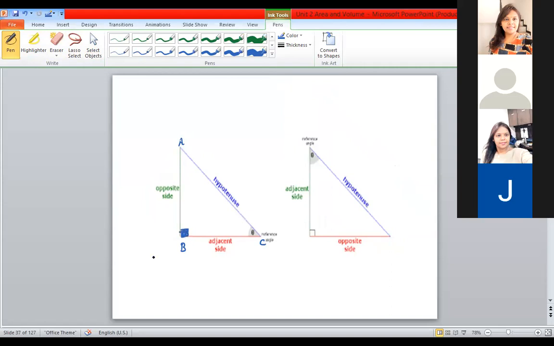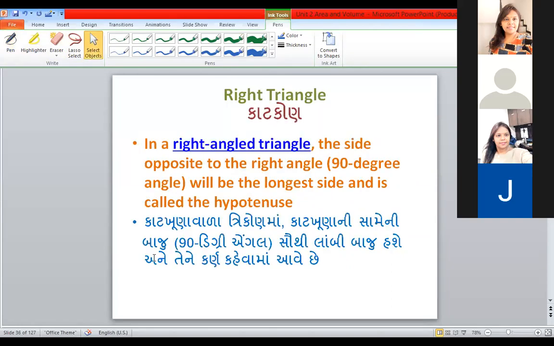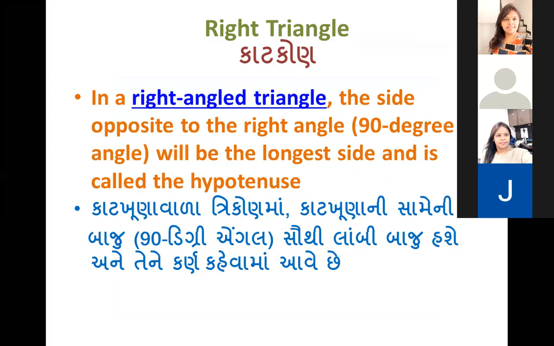So remember this property. 90 નો જે ખૂણો બનાવતી હોય એની સામેની જે પણ બાજુ હોય એ હંમેશા આપેલા ત્રિકોણમાં સૌથી મોટામાં મોટી બાજુ હશે. હાઇપોટેનસ હંમેશા સૌથી મોટામાં મોટો હોય. So in the right angle triangle, the hypotenuse is the longest side, and it is always opposite to the 90 degrees. Hypotenuse હંમેશા જે 90 નો ખૂણો બનાવતો એની સામેની બાજુ જ હોય. So these are the properties of the right angle triangle. Remember it.